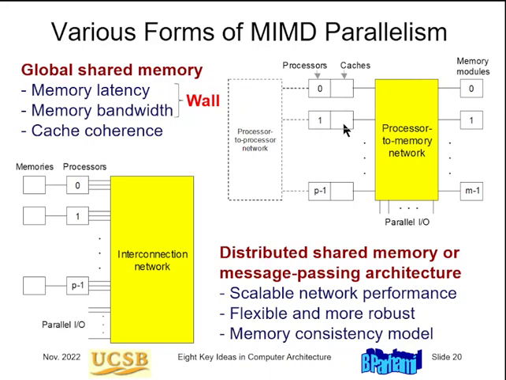Of course, when you have caches, and given that these processors share data, it is possible to have multiple copies of shared data in different caches, and keeping those multiple copies consistent is a whole discussion that I won't go into. So caches solve the bandwidth problem for this processor to memory network, but create a different problem, which is keeping multiple copies of data in caches consistent.